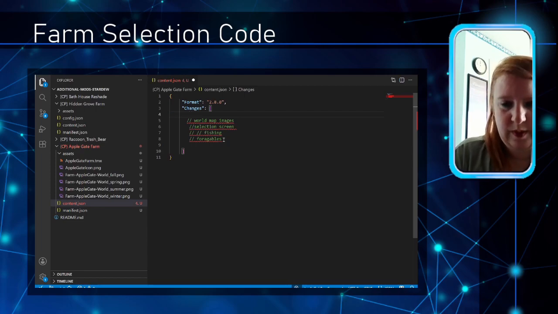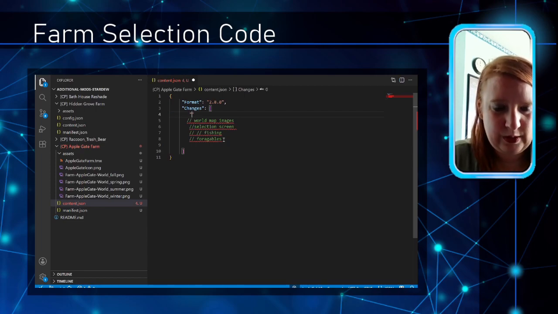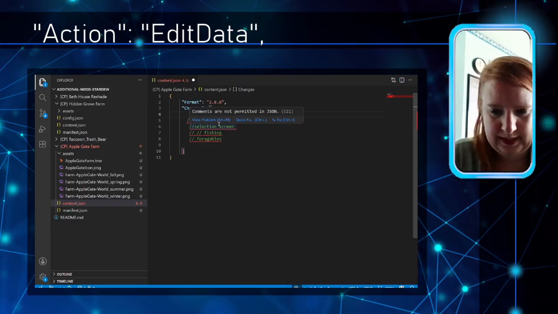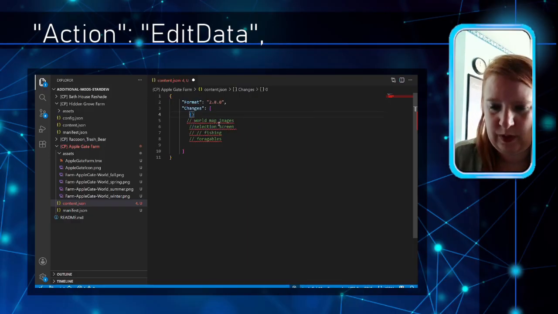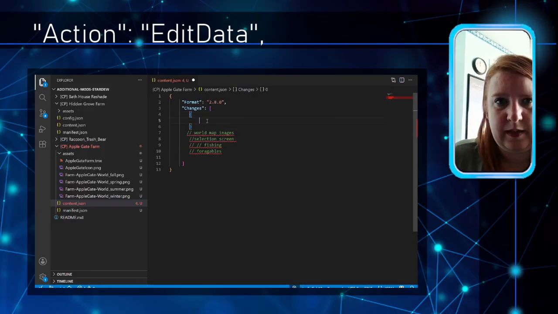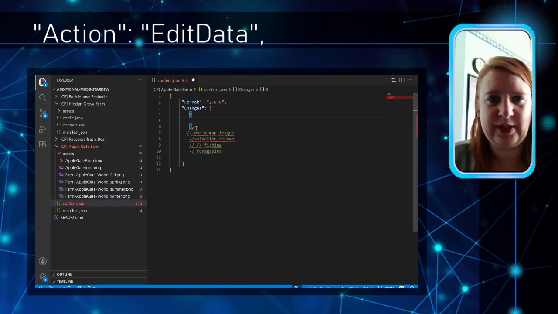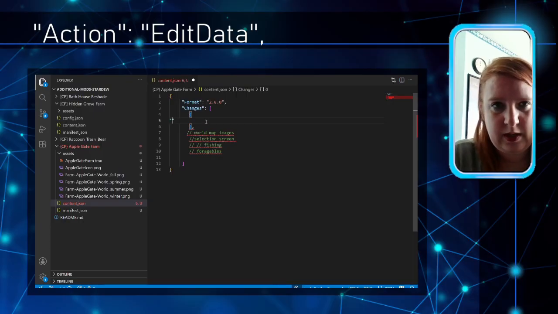With my quotes, I always have to remember the open and close quotes. Okay, so open and closed brackets. I'm going to put a comma behind this blue one because I know we're going to have additional sections, and that's going to be what differentiates our sections. Open and close quotes, action, colon,